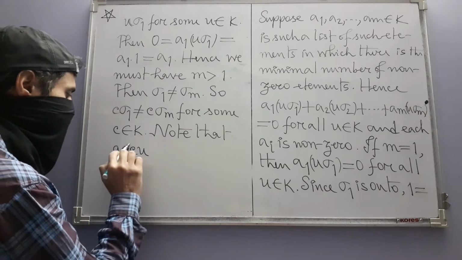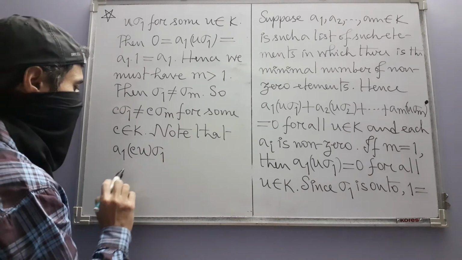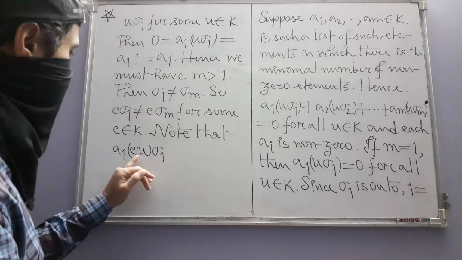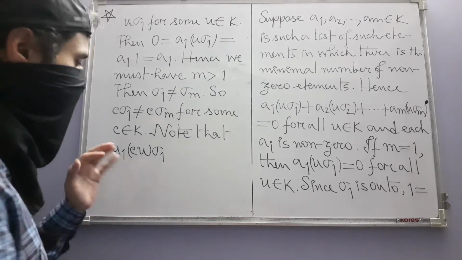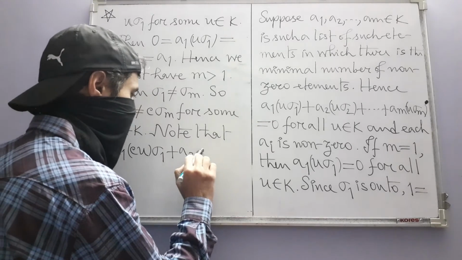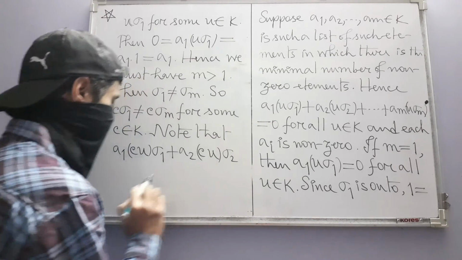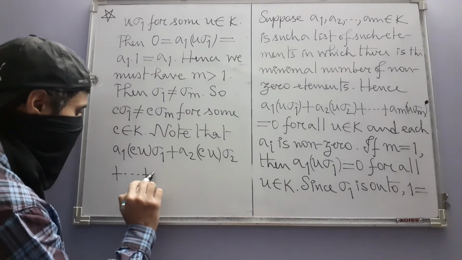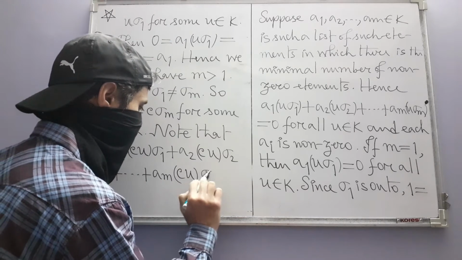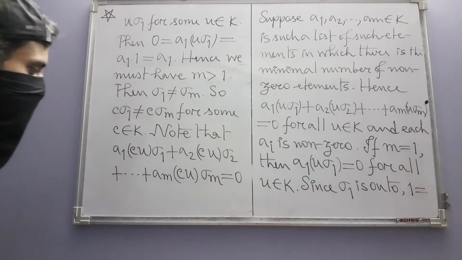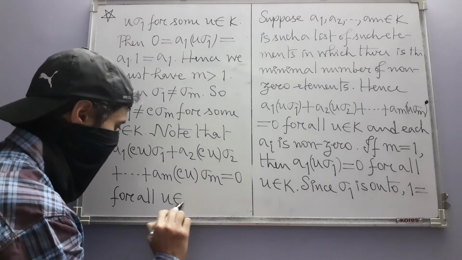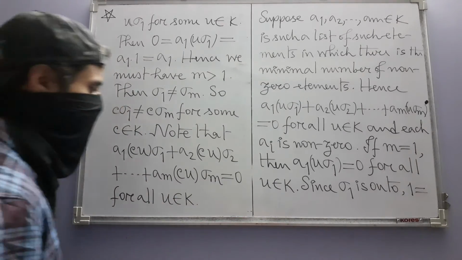So note that A1 (cu) sigma 1. Here the parentheses are used to indicate the fact that we are applying sigma 1 on cu only, and A1 lies outside. This is understood. Plus A2 (cu) sigma 2, and like that, plus Am (cu) sigma m is equal to 0 for all u in K. And this implies